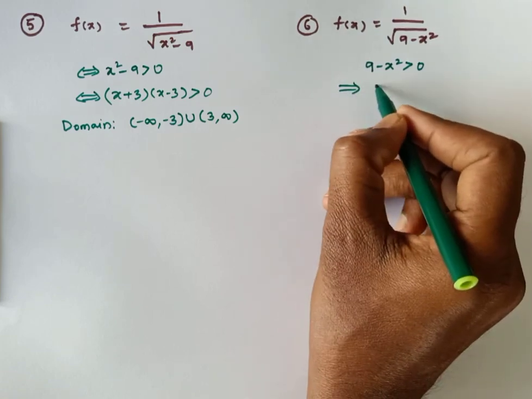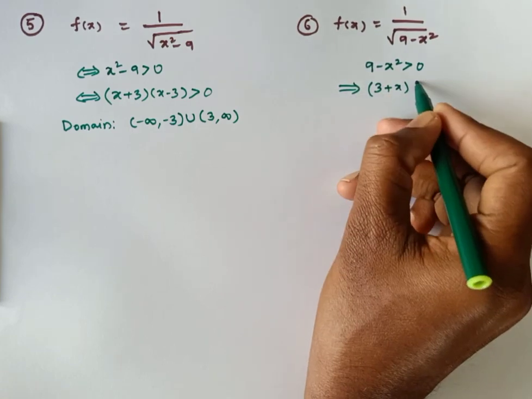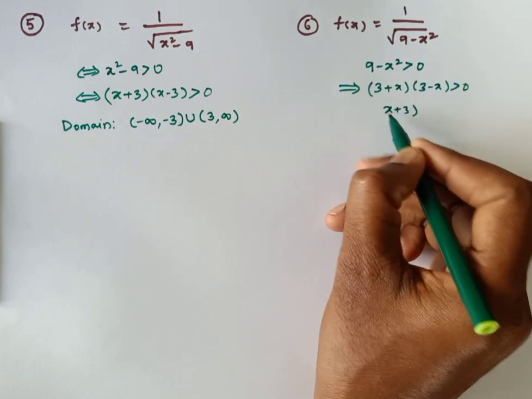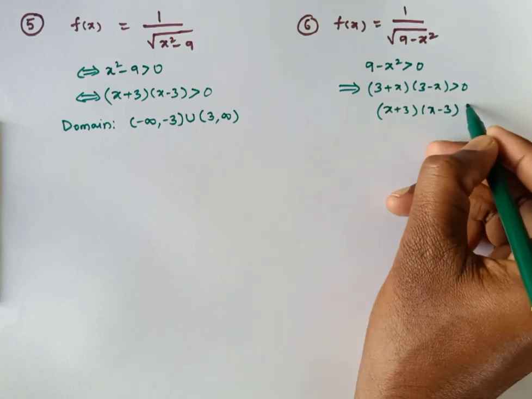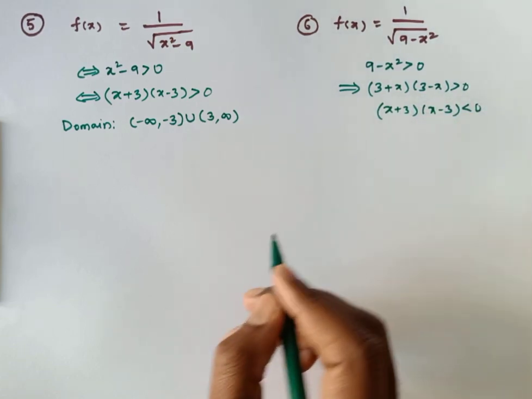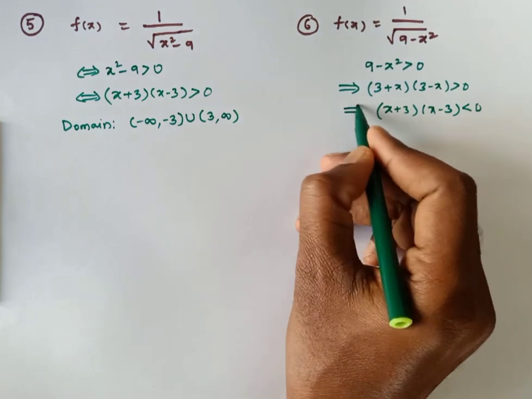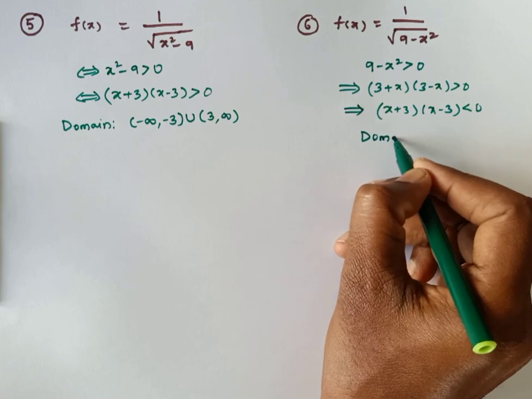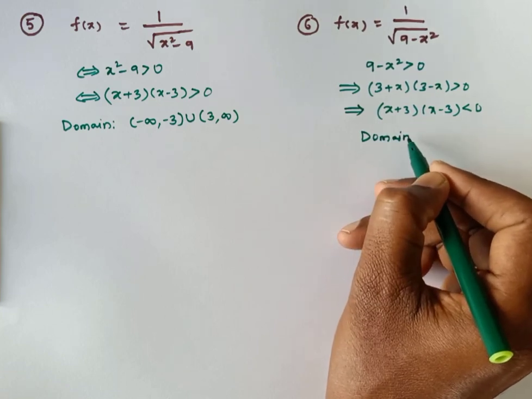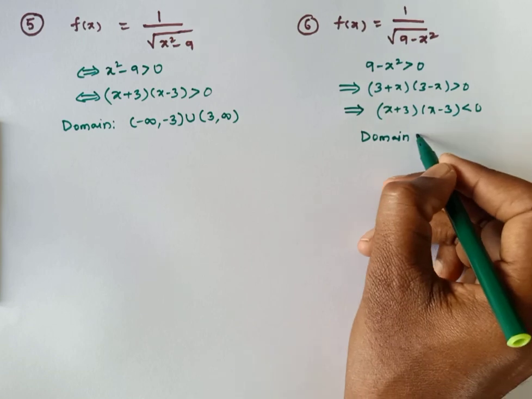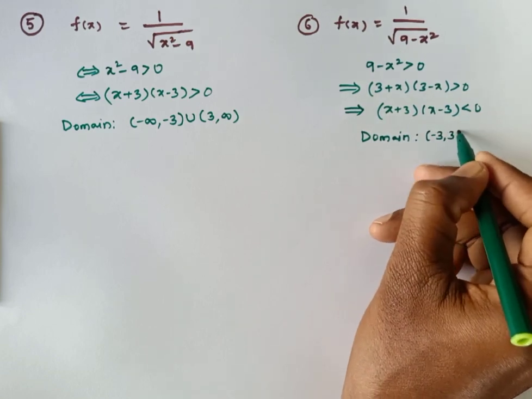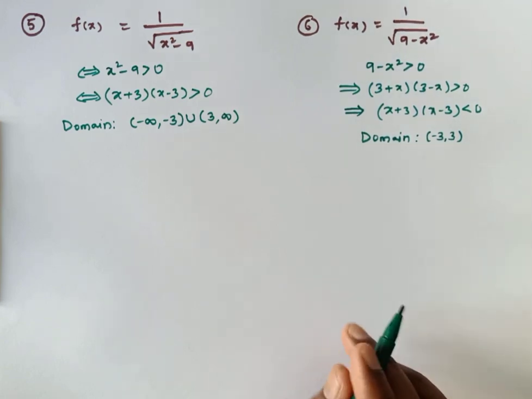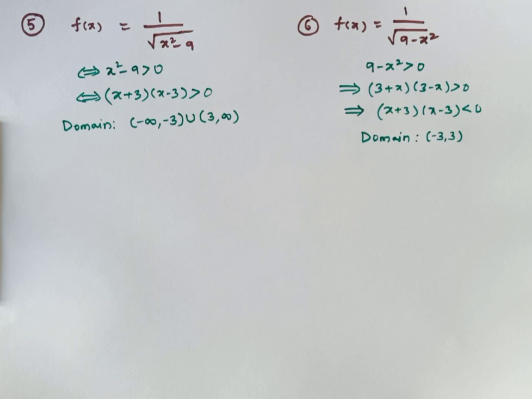9 minus x square is greater than 0 means 3 plus x into 3 minus x greater than 0. Means it is x plus 3 into x minus 3 is less than 0. Here I took the common factor out and multiplied. When an inequality is multiplied by a negative sign, it gets reversed. So therefore the domain is here, whereas in problem number 4 that is the closed interval minus 3 to plus 3, right? So this is the same minus 3 to plus 3 open interval. The difference is only open; there it is closed, here it is an open interval. It is the same function, coming in the denominator.